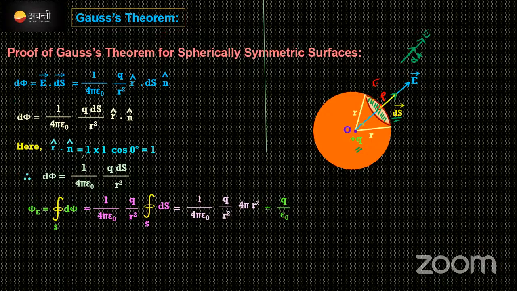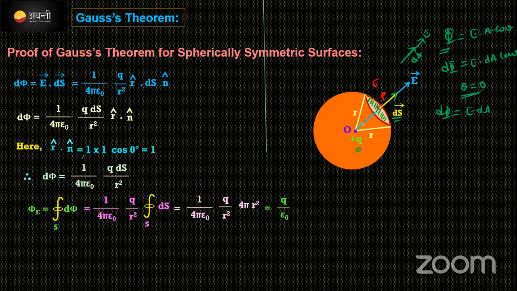Now see, how does electric flux look here? Total electric flux we write as E dot A cos theta. Here, a small area I'm considering, so a portion of the electric field will be coming here. Correct? That's why the electric flux created here we can write as d phi equal to E dot dA, a small amount of area, into cos theta. Here the theta value, you already told me, is 0, cos 0 is maximum, so the flux here is E dot dA.